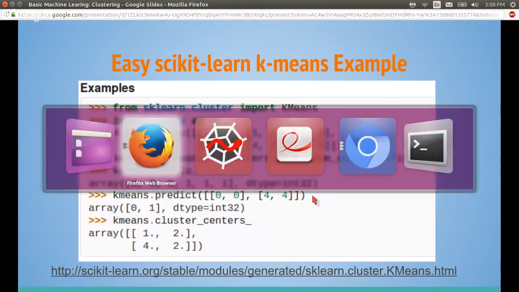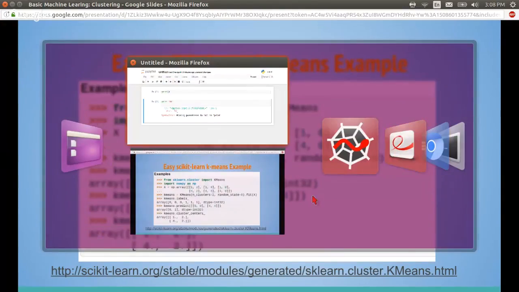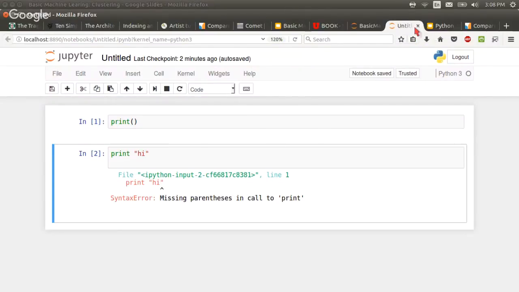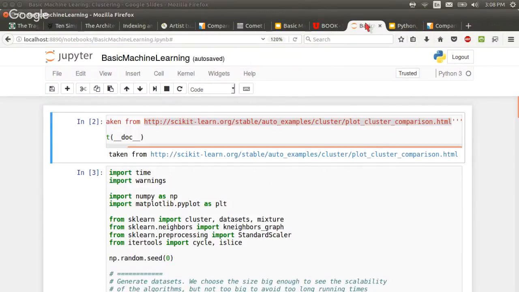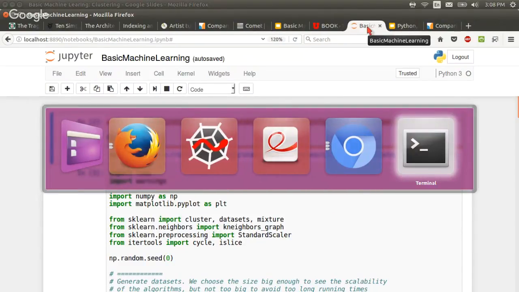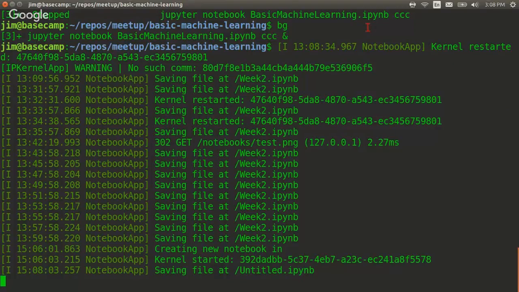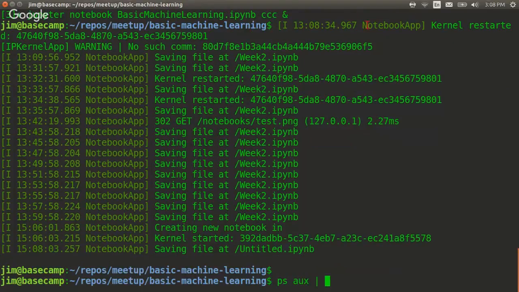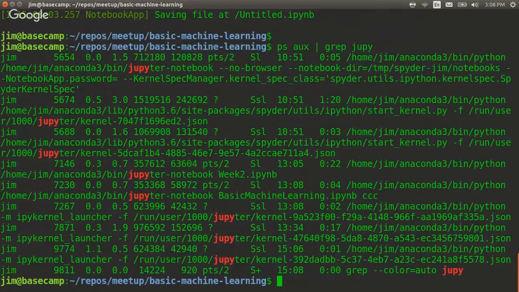Let's get back here, and then let's go look at that notebook again. Okay, so I'm going to close this. Just to mention, Jupyter Notebooks run on a Jupyter Notebook server, just in case you're not familiar with this. When you close a notebook, if I do a ps aux grep jupyter, every time I close a notebook it doesn't kill the process unless you explicitly tell it to shut down, not just closing the window.